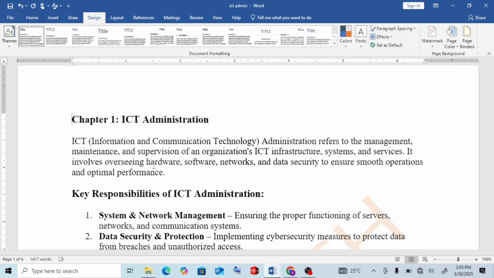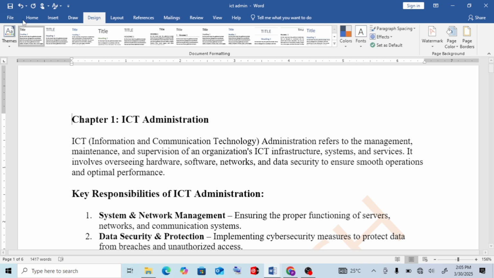Microsoft Word has features that support auto table of content. Regardless of the version of Microsoft Word you have on your PC, let us say Word 2019, Word 2020, all of them have auto table of content.